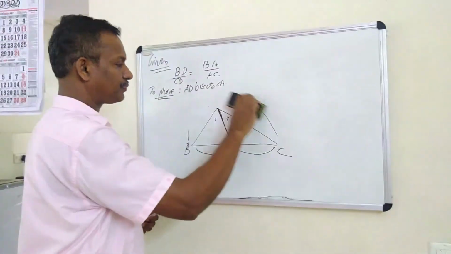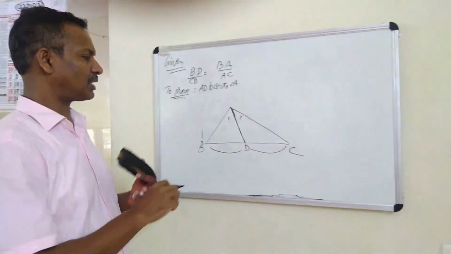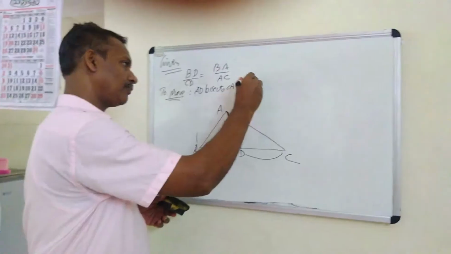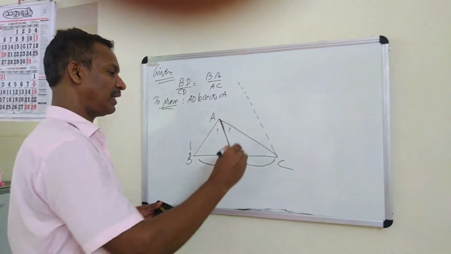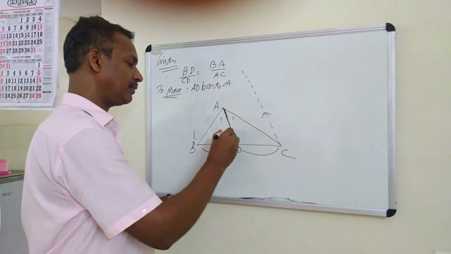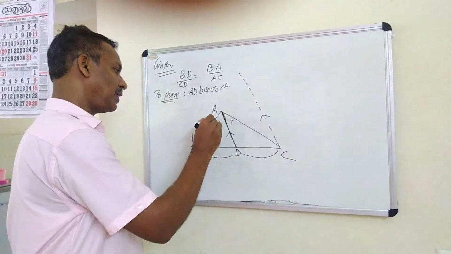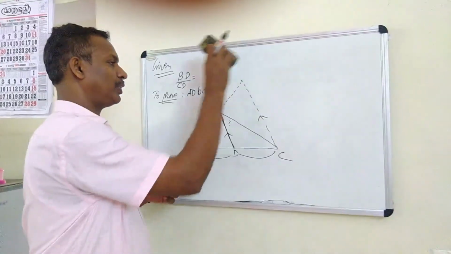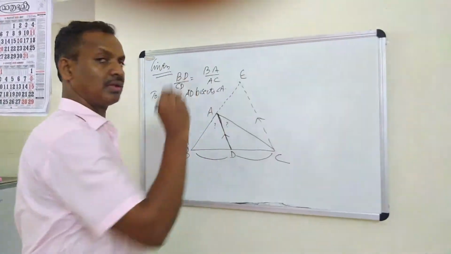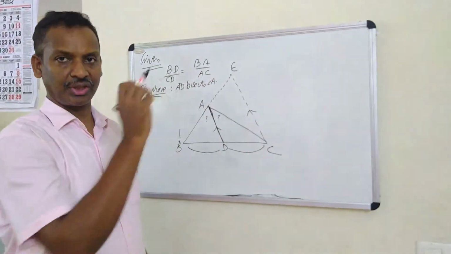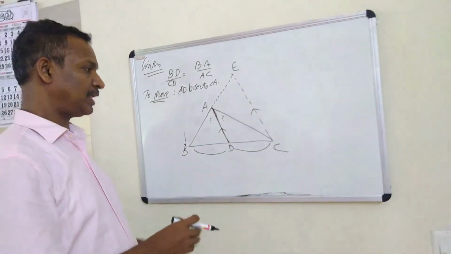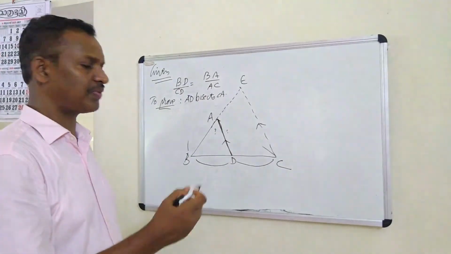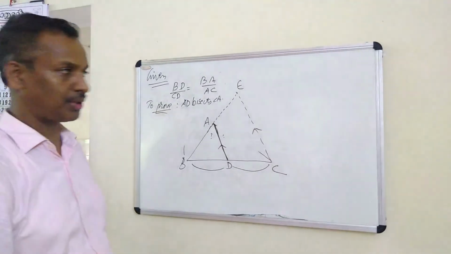For proving it, we do the same construction as that we have done earlier. From C, we will draw a line. This line is parallel to AD, and AB or BA is produced, and they are intersecting at a point P. Once we constructed this much, we can apply basic proportionality in the very big triangle. Whatever we discussed in the previous question, we are continuing here.